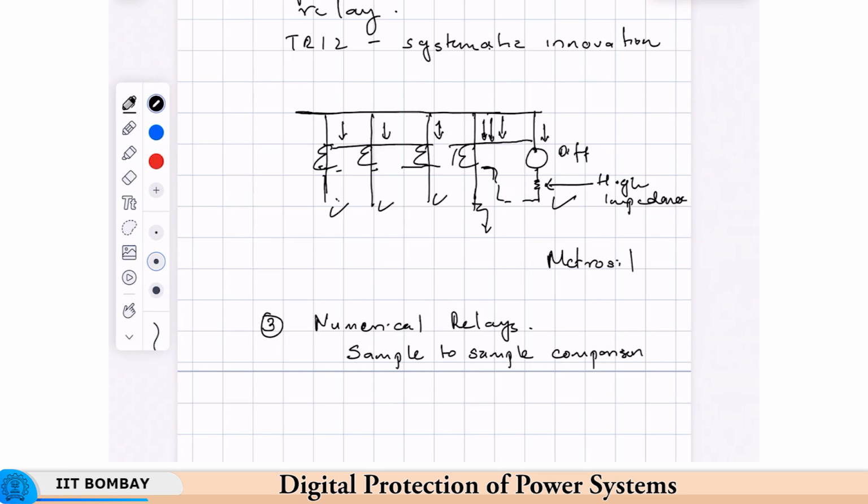Okay. So, here what happens is instead of waiting for the, we saw that for phasor computation the relay will require one cycle or at least half a cycle. So, instead of waiting for the whole phasor to be computed, the samples which are available, they are compared, and